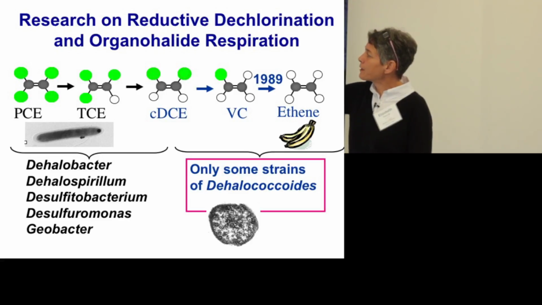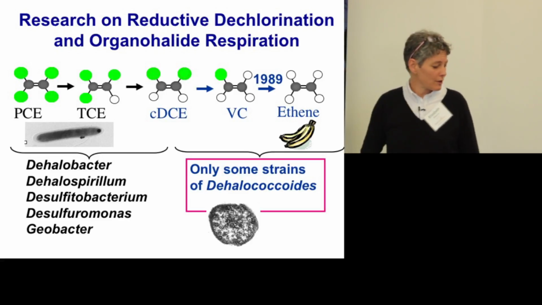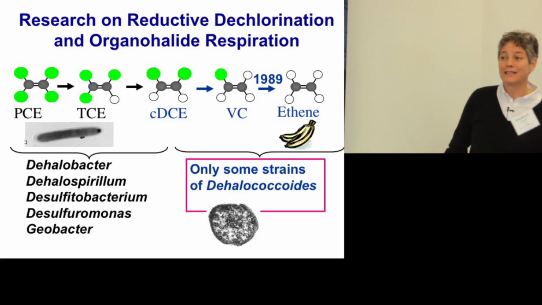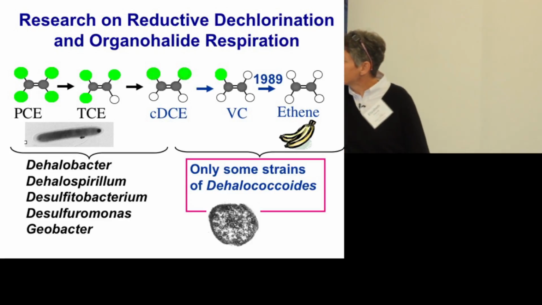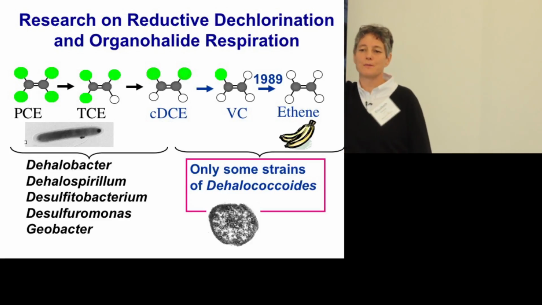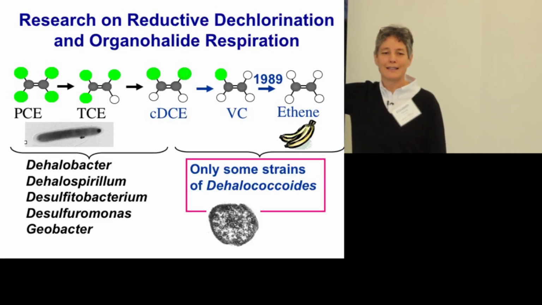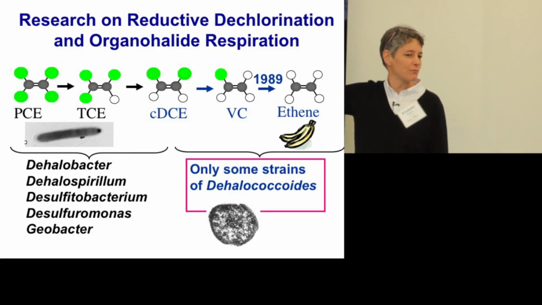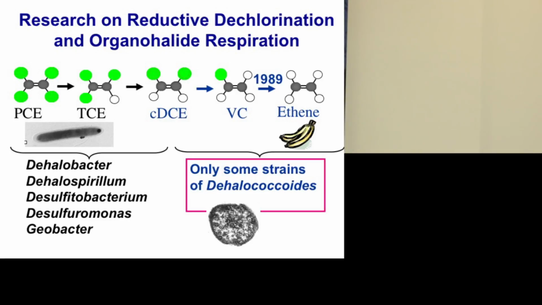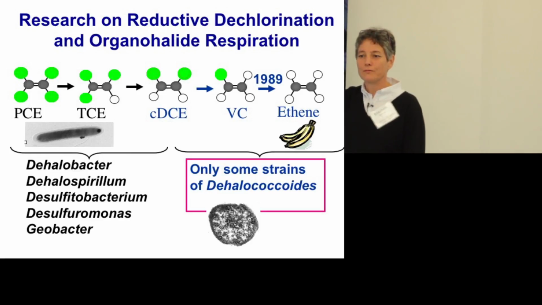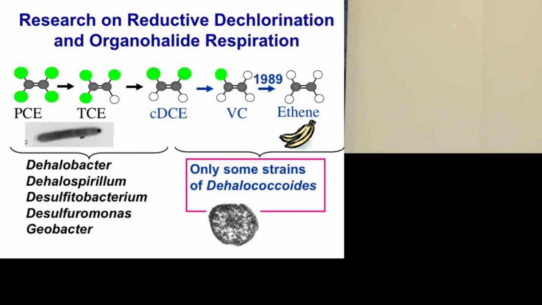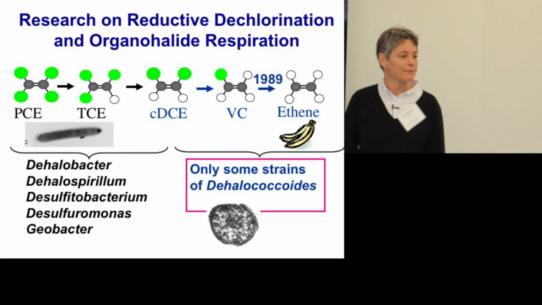And it was a breakthrough in a laboratory at Cornell, studying their anaerobic digester, that found that even vinyl chloride, this toxic monomer, could be dechlorinated to ethene, and ethene is actually a fruit ripening hormone. It's why your peaches all ripen at the same time in your basket. And so ethene is harmless. And so, wow, if we could actually stimulate this in situ, we have a way of detoxifying these kinds of compounds.